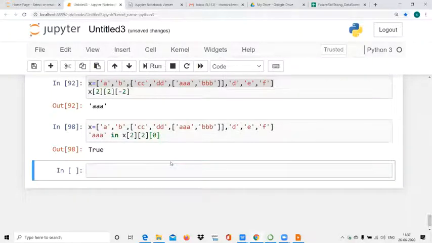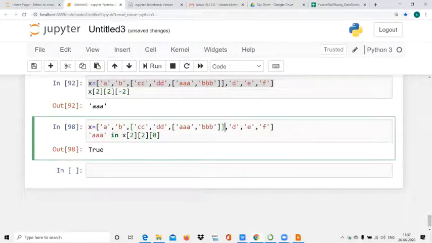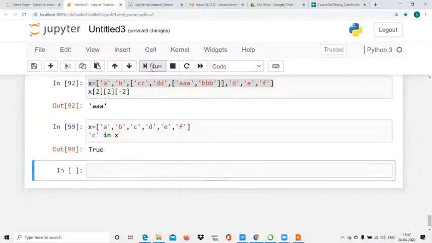Now see, searching in nested lists is difficult. Suppose it is a simple list, C. I want to check C in X. C is there, true, means C is present.